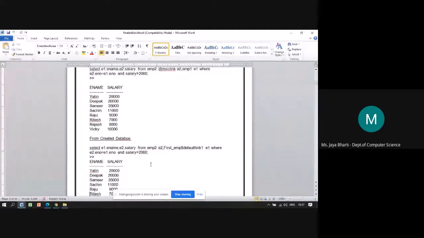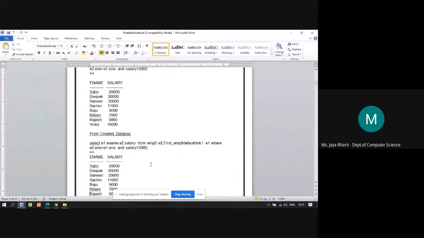The same query, with the different fragments, is executed on the created database: select e1.ename, e2.salary from emp2 e2, emp1 dollar default link e1.